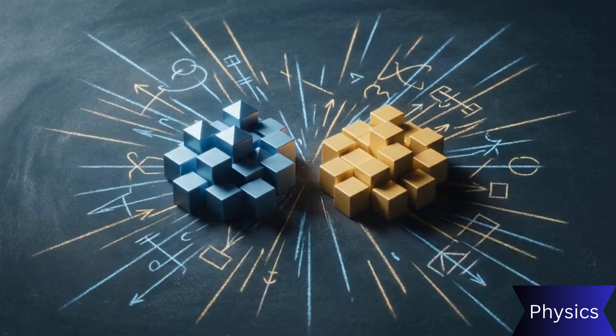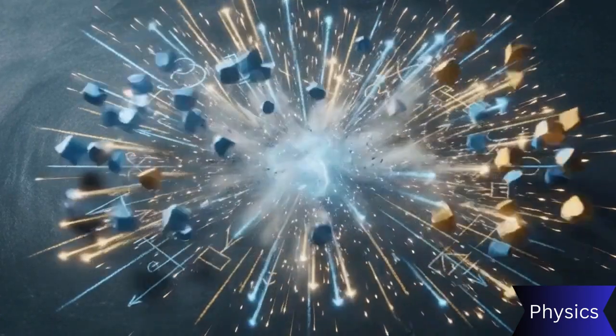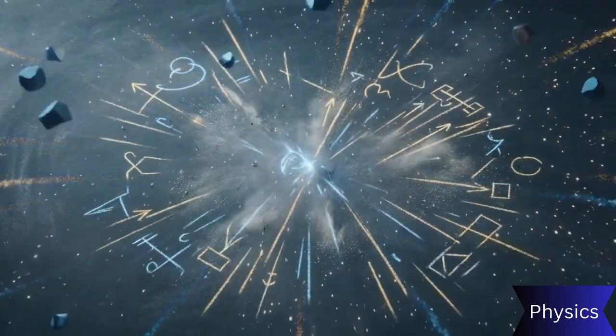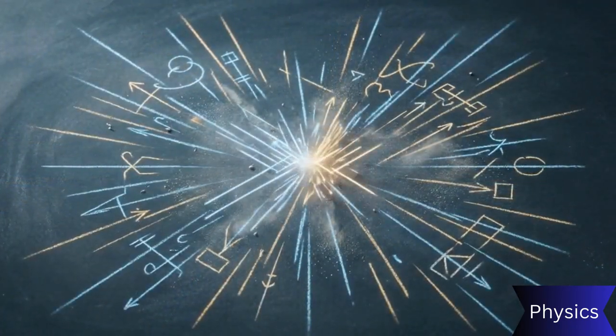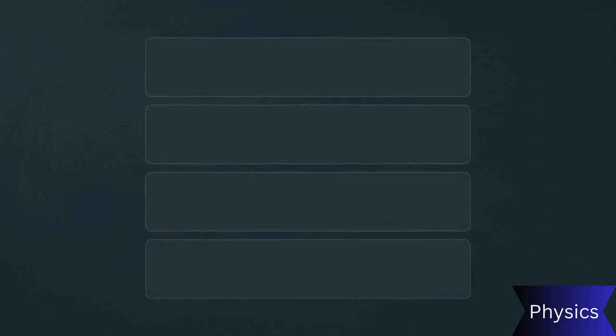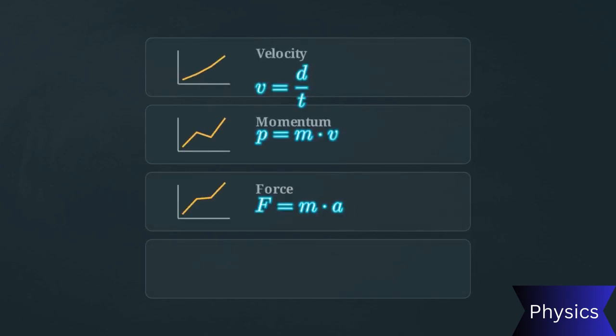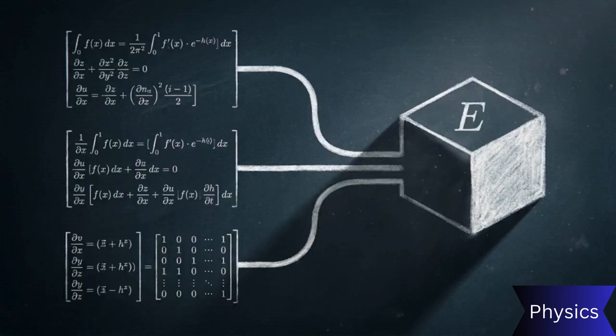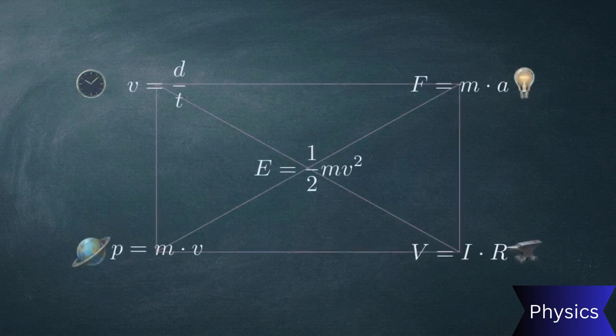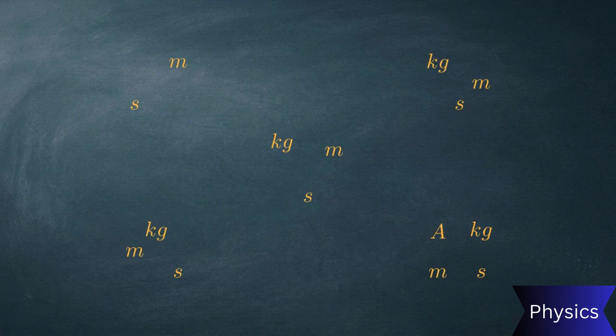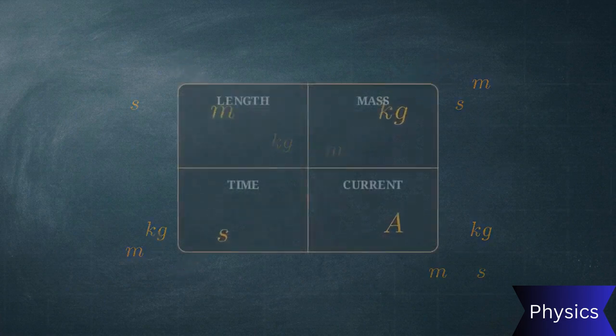Observe a high-energy particle collision in a modern accelerator, and the sheer volume of raw data produced is staggering. To organize this data, we use a specialized vocabulary: velocity, momentum, force, and kinetic energy. But many of these concepts describe the same underlying properties in completely different ways. To process physical events mathematically, researchers must identify which of these values are independent and which are merely combinations of